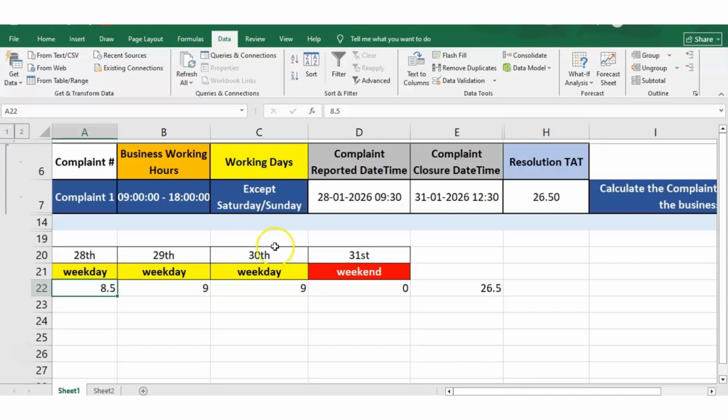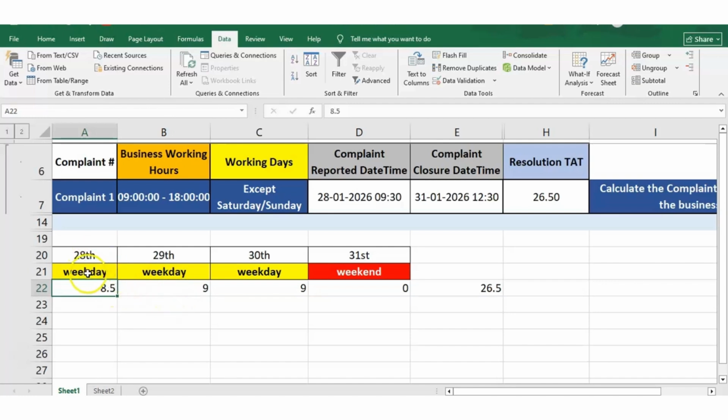So on 28th, since the reported time was 9:30 a.m., our considered hours for 28th January will be starting from 9:30 to 6 p.m., which comes out to be 8.5 hours,